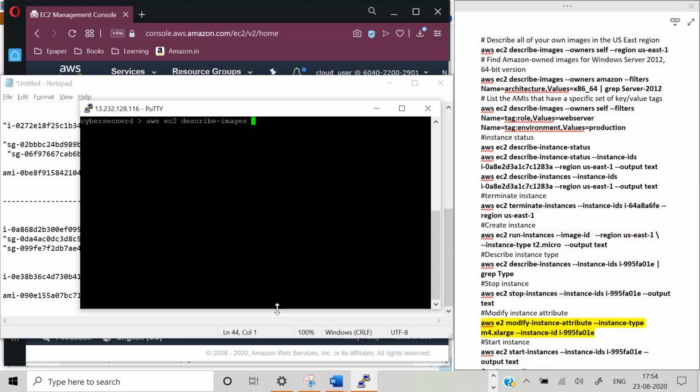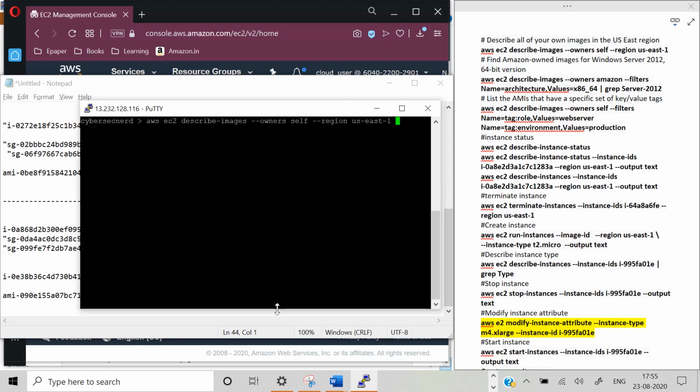But at this point in time, we are most interested in owners self, the image ID we have created and associated with the tag. The value is cheat sheet. So AWS EC2 describe-images, owners self, and obviously region us-east-1. We are using only this particular region for our demonstration.